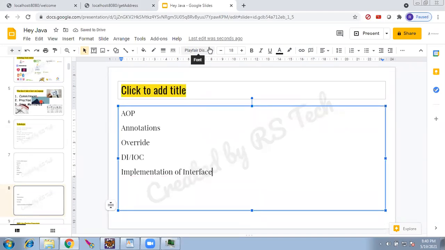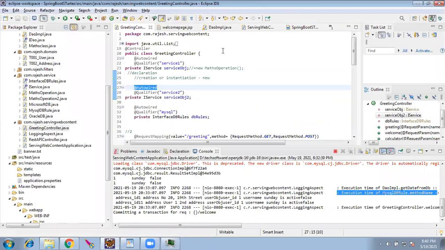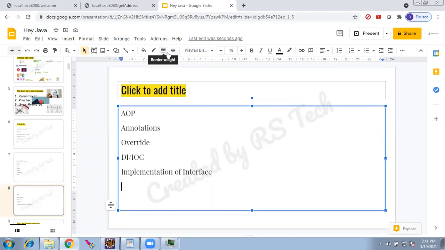The actual meaning of interface we saw in detail using three to four classes. Otherwise, we need not have an interface, right? So we should know why we are having it in a real-time scenario. So we saw that interface, and then we went to the database.